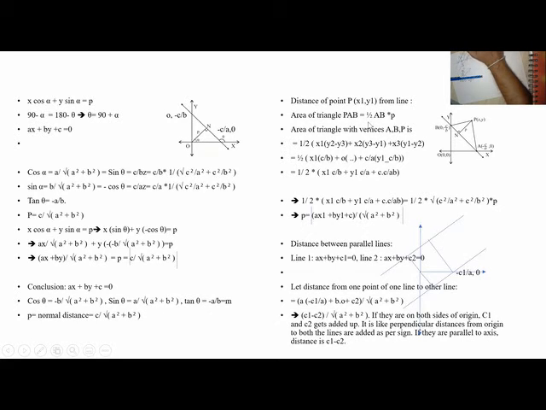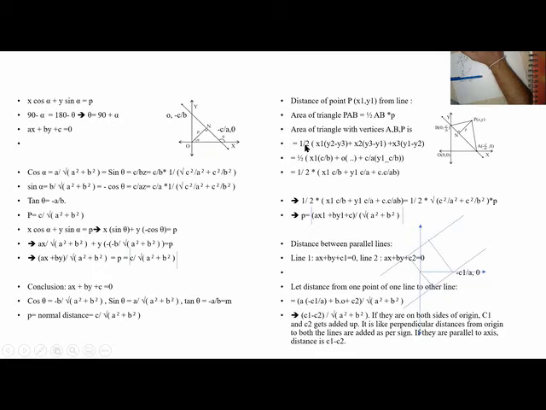Okay, let us see. This is only understanding. Earlier we have seen the distance from the origin. Now we are seeing it from some other point, some point (x1, y1). What is the distance from the line? So we draw a perpendicular, and I want to find out this P. Again, the same approach: area of triangle PAB.